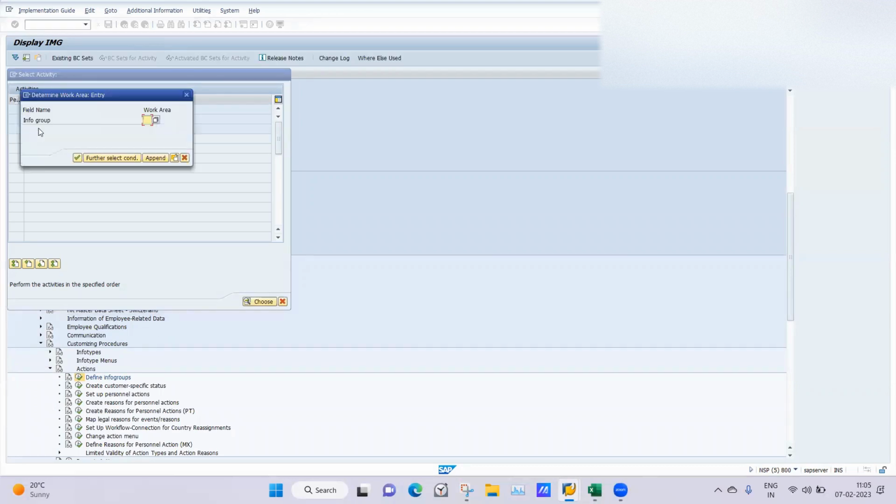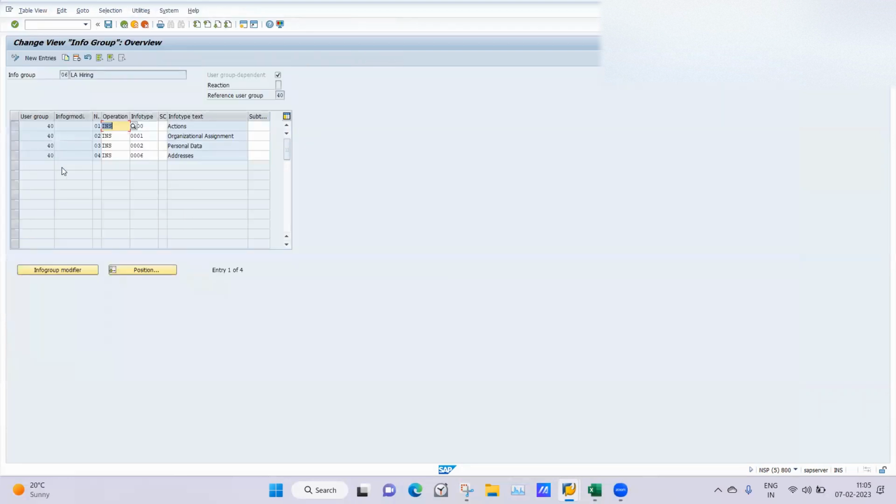So this is the info group, I think 06. It is happening because of this. We haven't maintained the info group modifier. So that's why it is